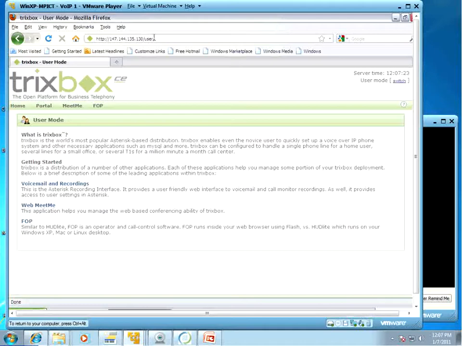What we need to do is go into the admin mode. The admin mode is where you can add extensions, change extensions. Now, I am going into a very small subset of what you can do with Asterisk. It is tremendously powerful. In a class setting, we go through everything up to and including doing trunking between Asterisk